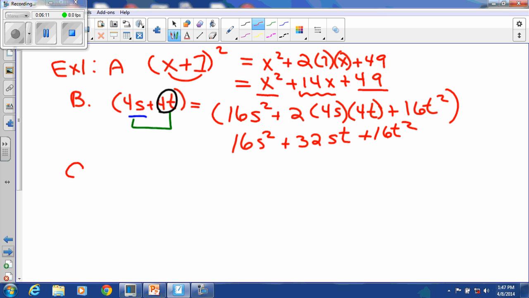One more example of that type. We have our number in front followed by our variable. We're going to square our first term. This is a 5. 5 times 5 is 25